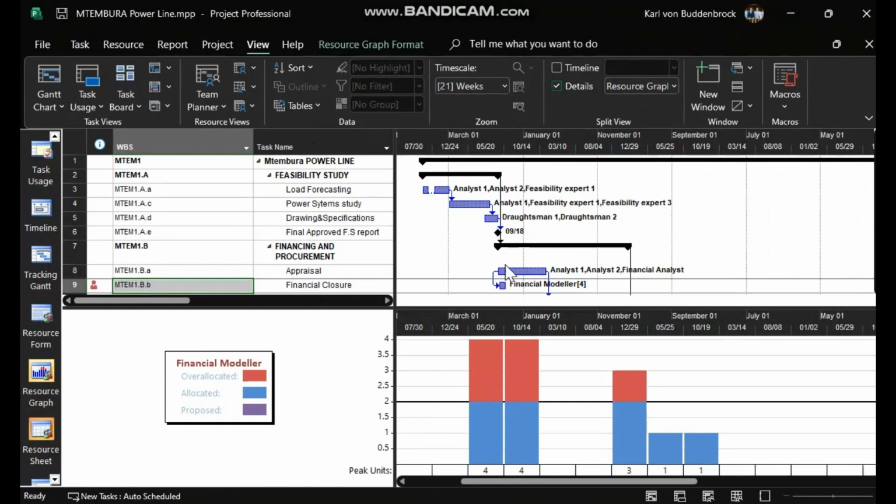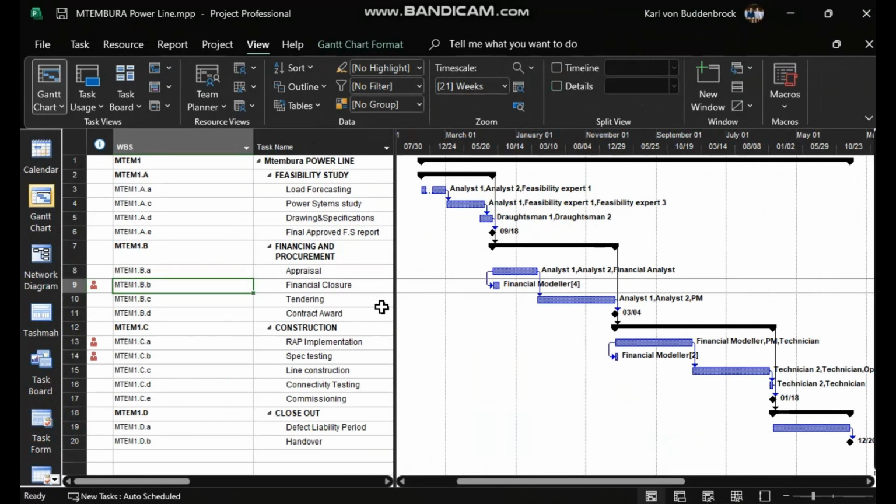is working on both of those tasks, the critical and non-critical task, but in fact we only have 2 financial modelers, whereas we need 4 for those 2 days, and we need an extra 1 for that day. But that's the extent of the problem. We need to study the problem in more detail according to proper quality management practices to look at the causes